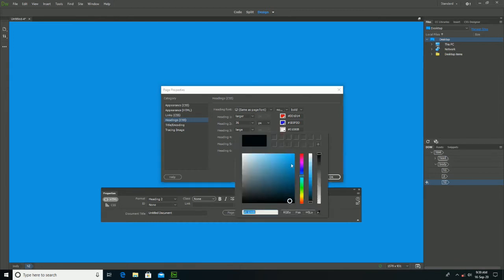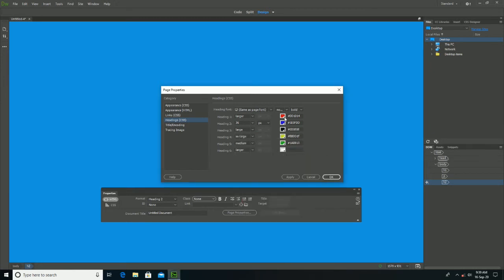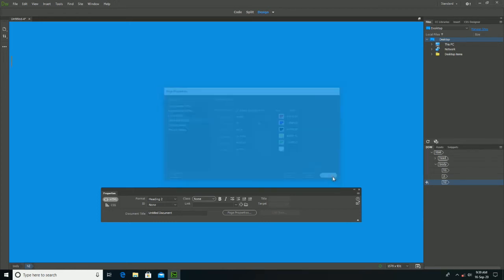And also you can set the color for each heading. And after doing the changes, you click on apply, click on the OK.